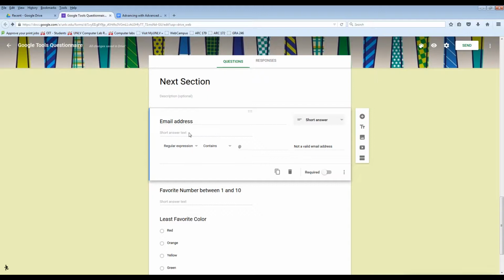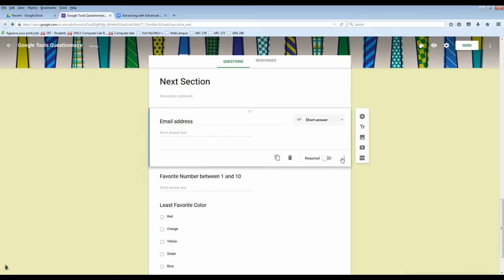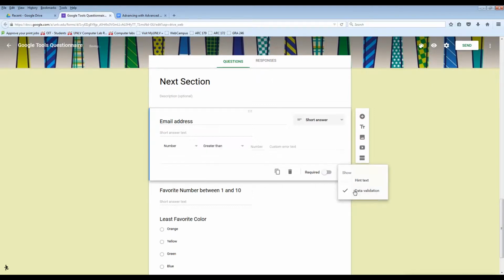I've done a regular expression here that says I simply want to make sure there's an @ symbol so that I know they actually put in an email address in here. So I said regular expression, it must contain an @ symbol. And then what other additional options here? If I took the data validation off, that doesn't exist. So that was one of the options in here, is adding data validation to